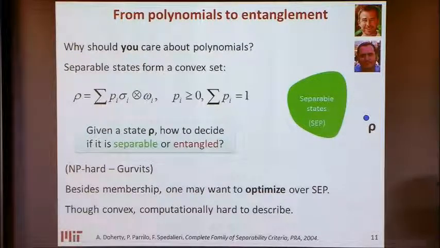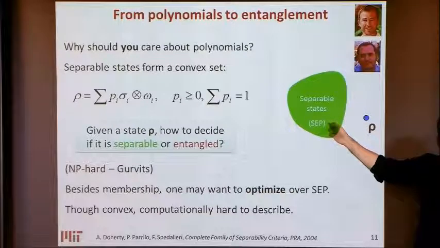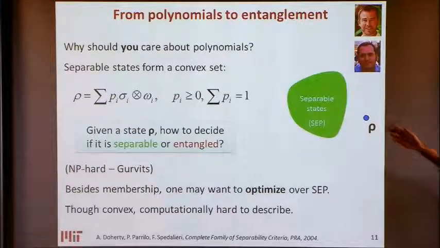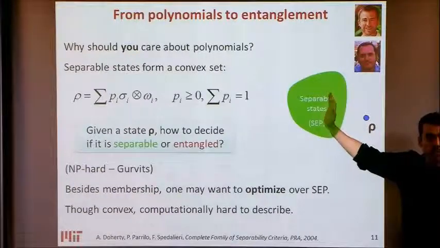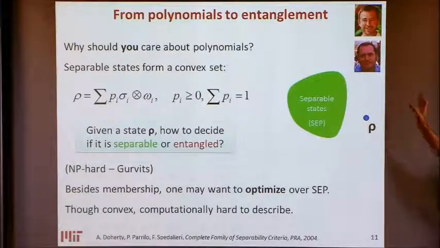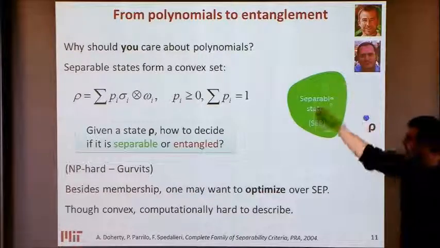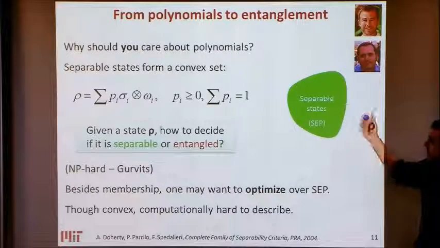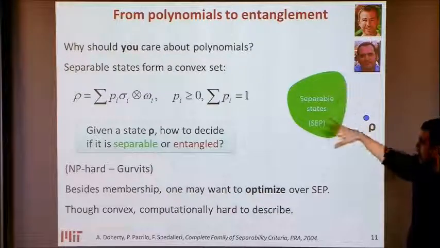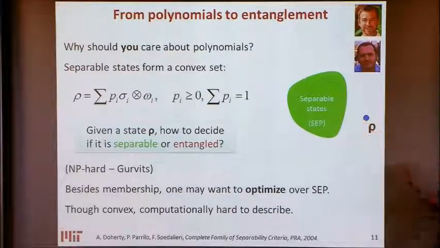And of course, one may be interested not just in membership to this set, but if you're interested in solving some other problems, you may want to optimize over this set and understand, for instance, what happens when you optimize over this set. So what I want to see is that it's fairly natural, or essentially translating what I said before to this domain, we can easily produce nice approximations for this set. And this is all work that we did like 10 years ago or something, with Andrew and Federico.